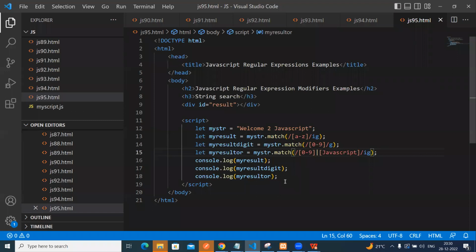So in this one we are having three methods. One is alphabets, another one is digits, and another one is the alternative condition. So either this one or that one. Okay, next one is